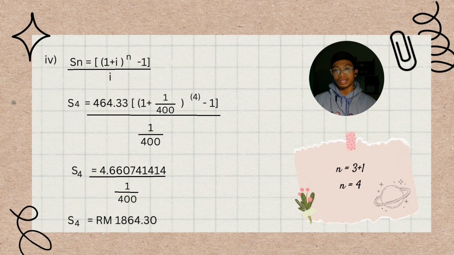S4 equals 464.33 bracket 1 plus 1 over 400 bracket power of 4 minus 1 then over 1 over 400. After we calculate using the calculator, we get 4.66 or 7.41414 over 1 over 400. Then as the result, we get S4 equals RM